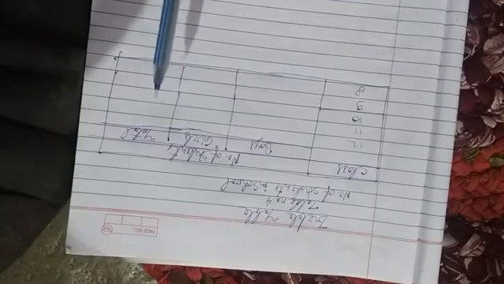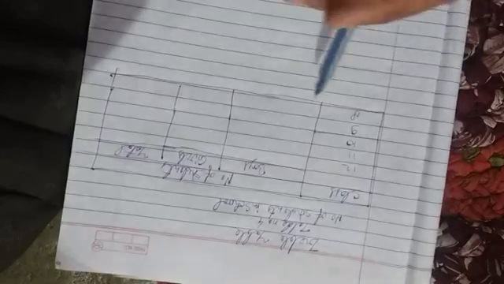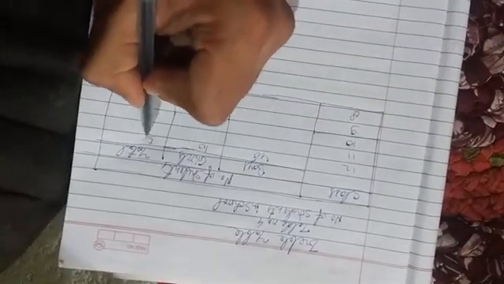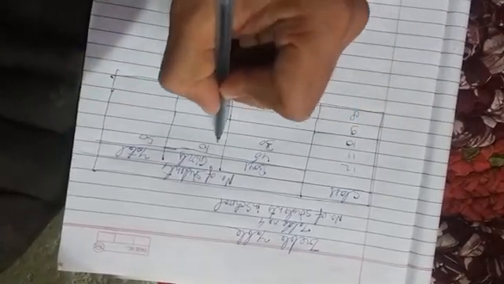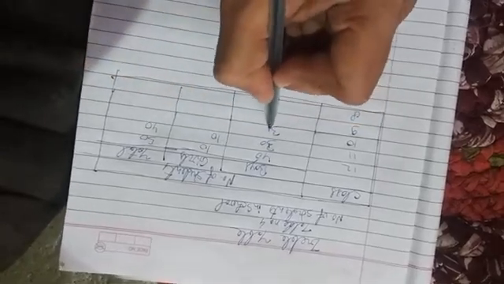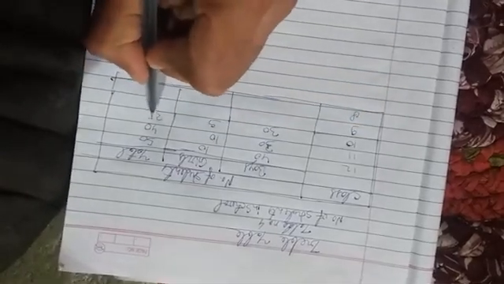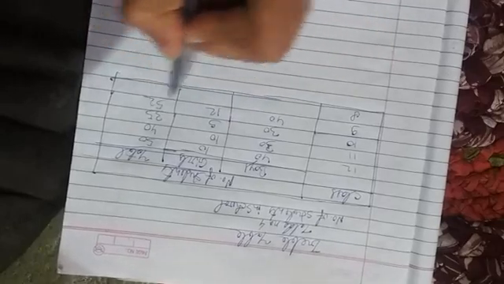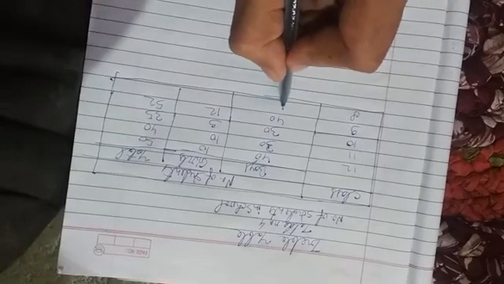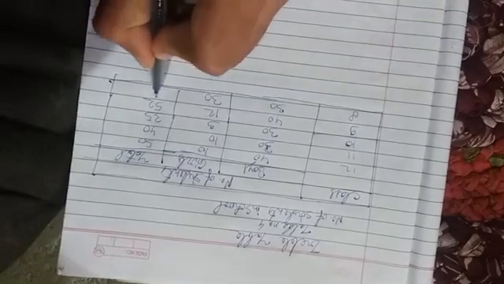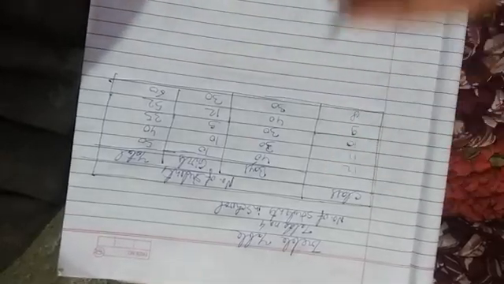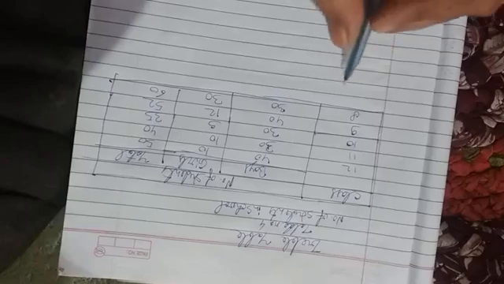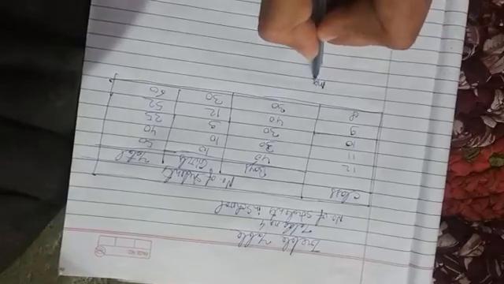Now we can note down the figures: 40 boys, 10 girls, 50. 30 boys, 10 girls, 40. 30 boys, 5 girls, 35. Suppose we have 40 boys, 12 girls, 52. We have 30 boys, 30 girls, 60. So this is how we can write the data in these types of tables. Then we have the manifold tables.